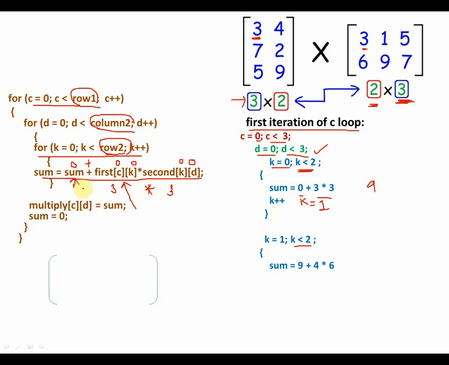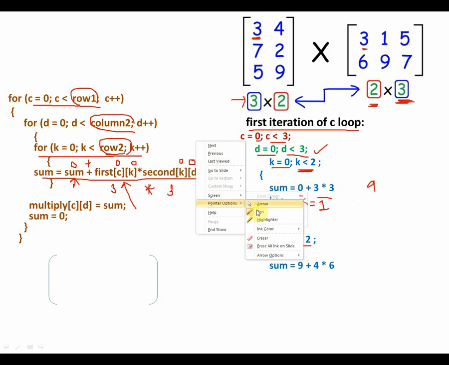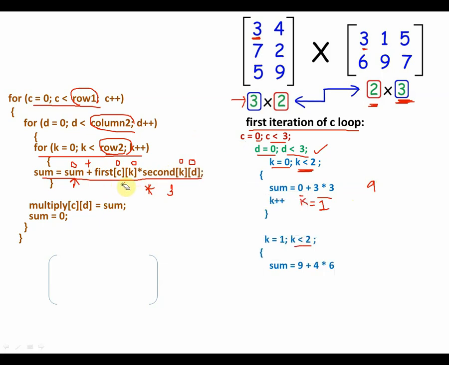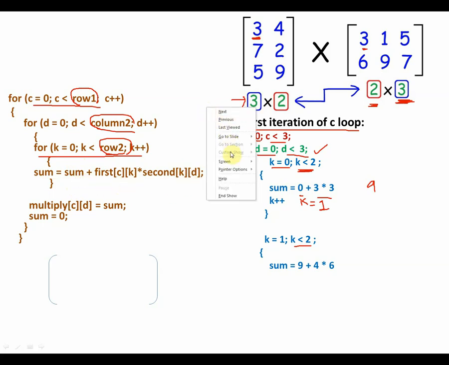This time sum, which was previously 9, will be added to the next thing. Let us see how you get that next thing over here. Let us just erase this out over here and let us write the new values which we have got after the second time the K for loop is executed. So all these values are second time values. So previously sum was 9. So 9 plus,